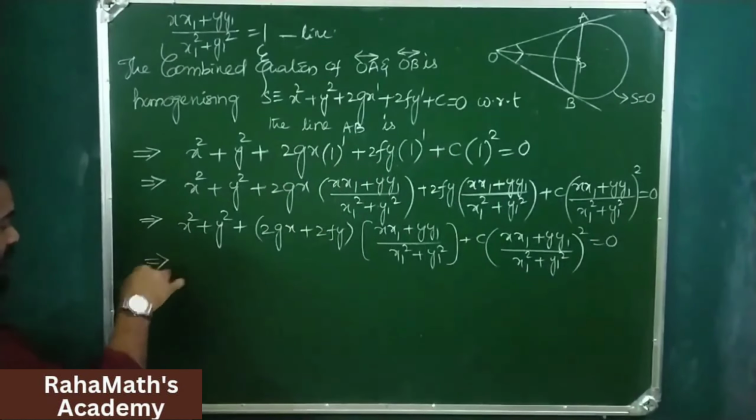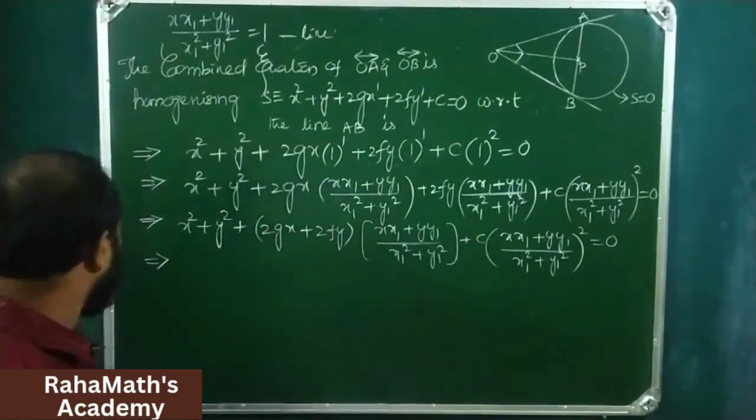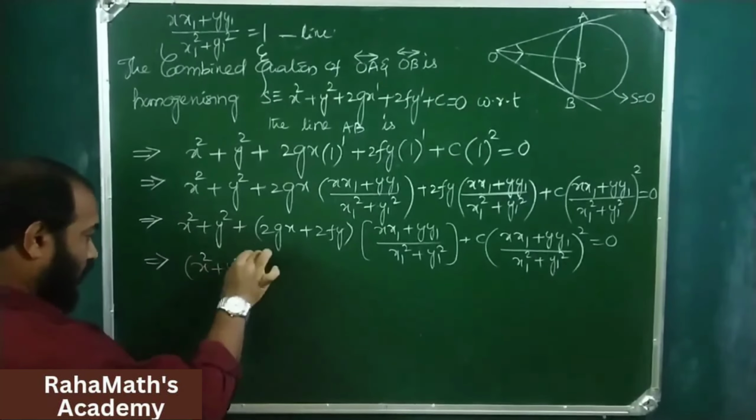This implies x1 square plus y1 square whole square is the LCM. So x square plus y square into